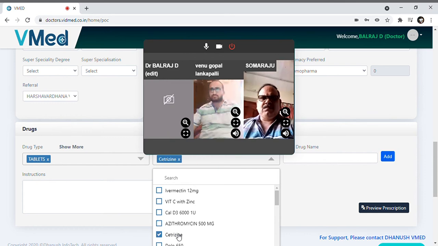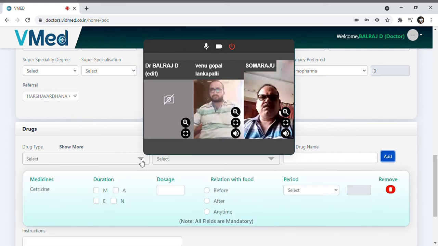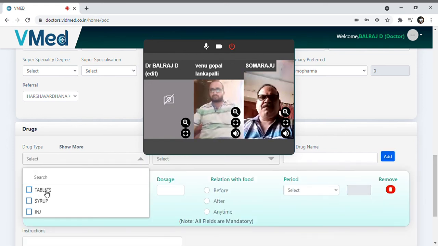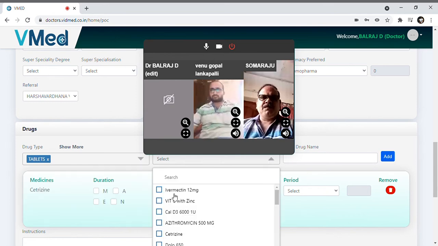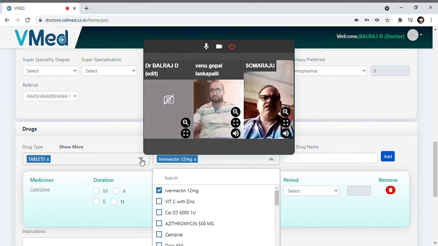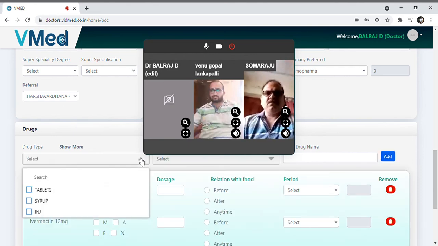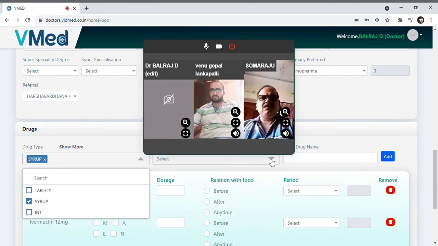Now after selecting the labs we need to give the drugs. So the drugs can be given to the patient and we see that all the details are getting captured.